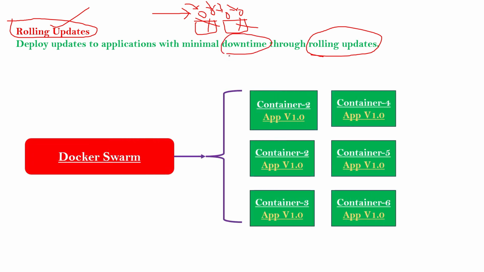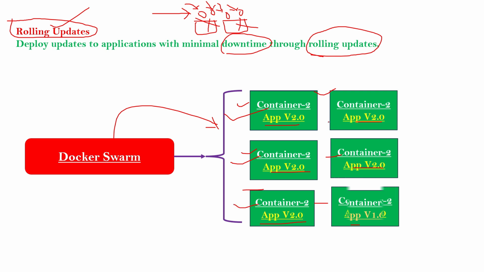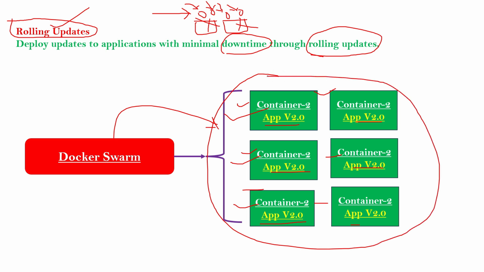for your application. So like this one, we have Docker Swarm, and we are managing 6 containers with the help of Docker Swarm, and the current version of our application is V1. Now if you initiate the rolling update of your application with the help of Docker Swarm, it will first update the first container, then it will go to the next container, then the third container. So similarly it will go one by one to the other containers. That means your application will get updated one by one on each and every container, okay, in a rolling